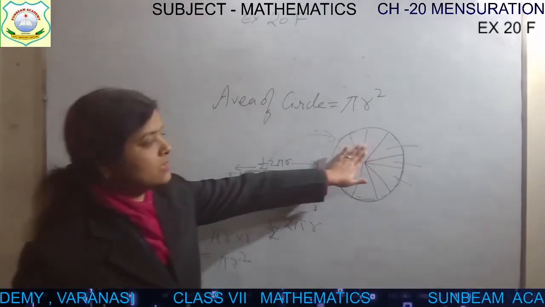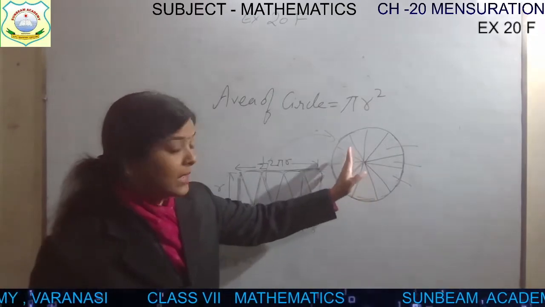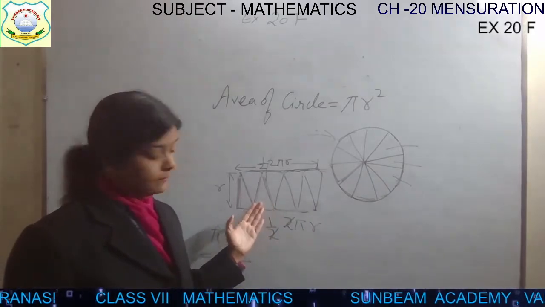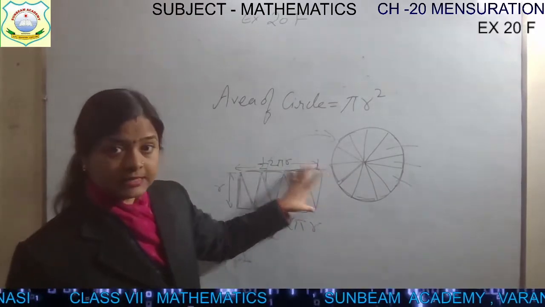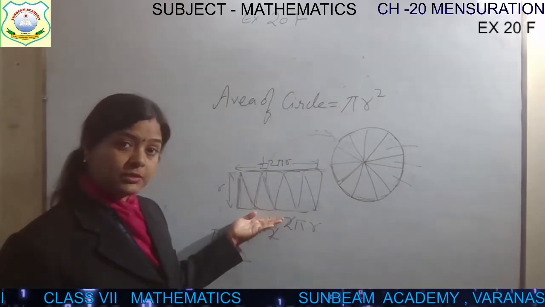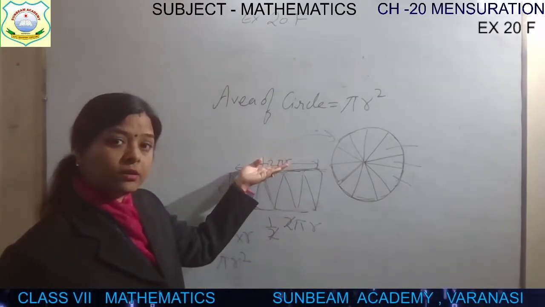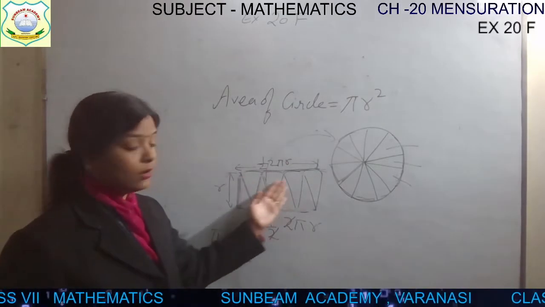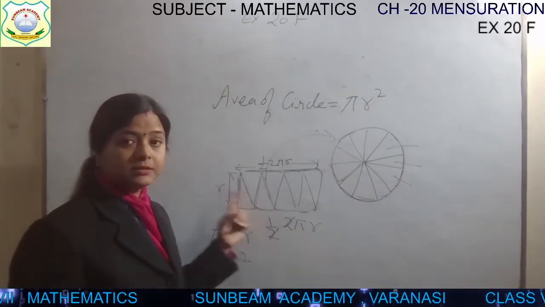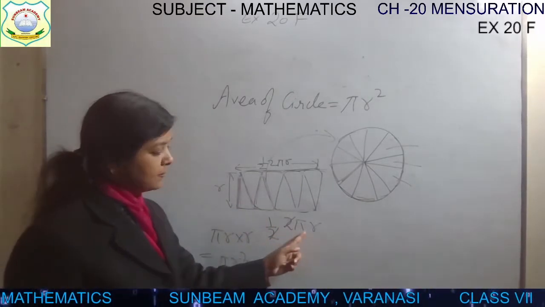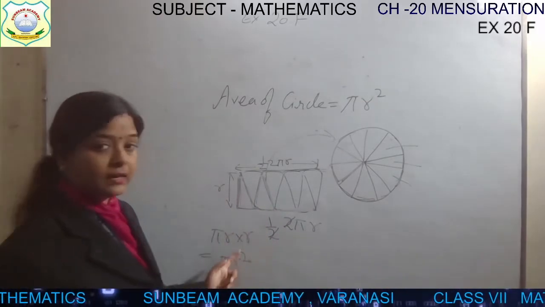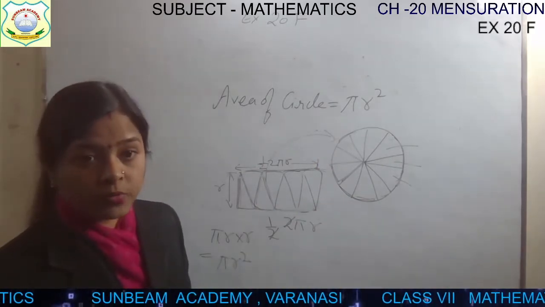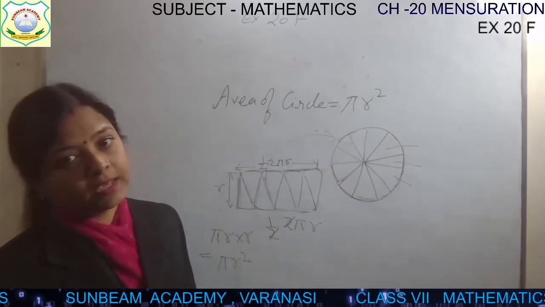एक circle से जब आप ये सब sectors arrange करोगे in this way, then you will get the figure like this. Half circumference you will get on this side, half circumference on this side, and this is the radius. So once you multiply to find the area of this shape, it will be base into height, pi r into r. ये pi r बचा यहाँ पे, and this is r. So this is pi r का square. That's why area of circle is pi r square.